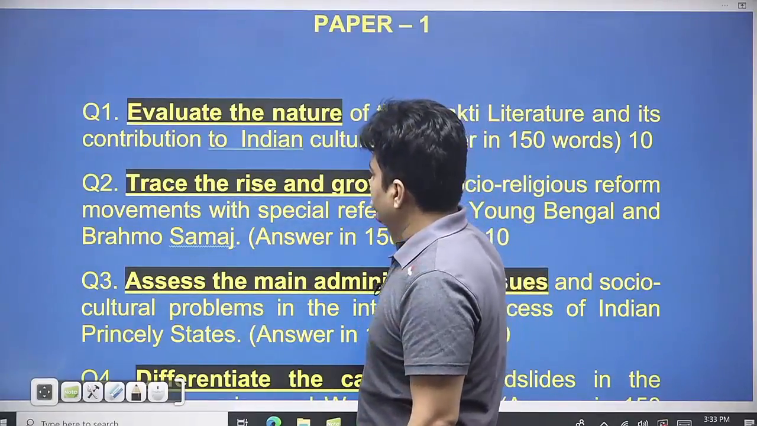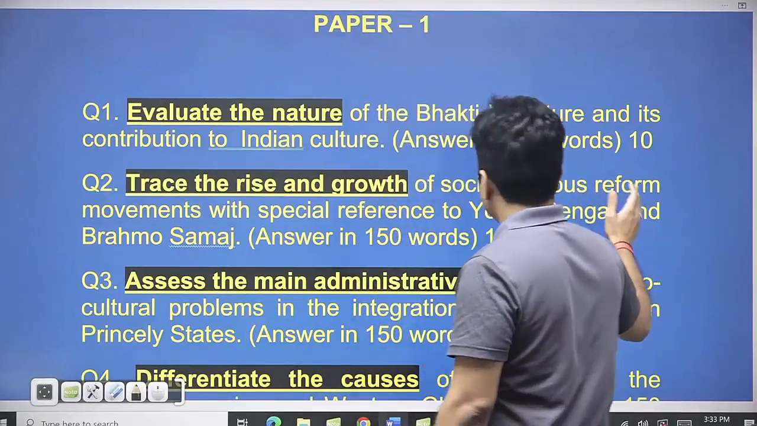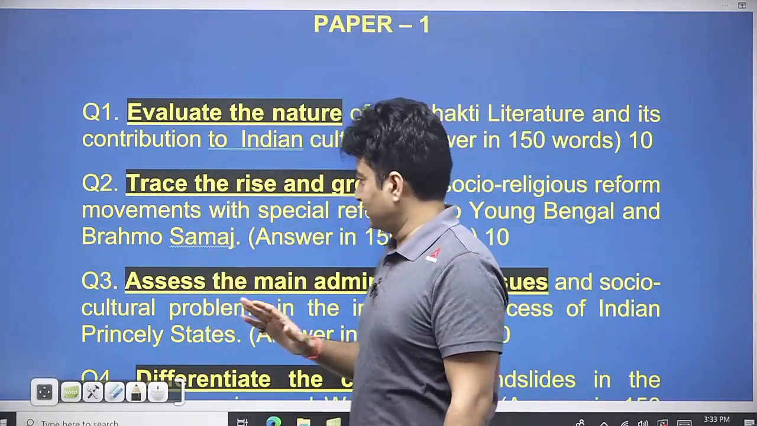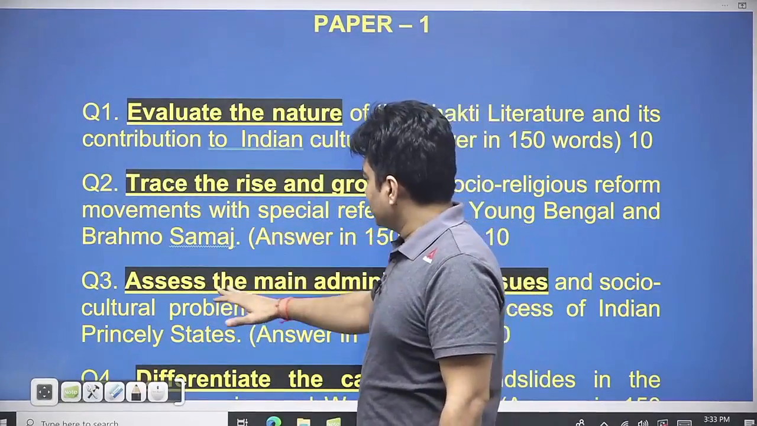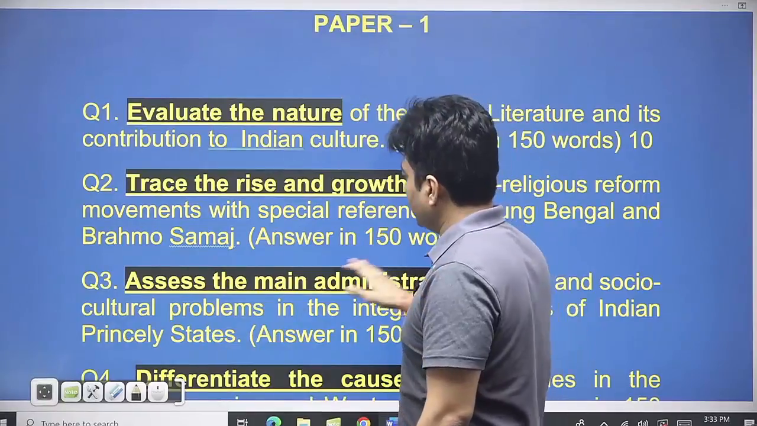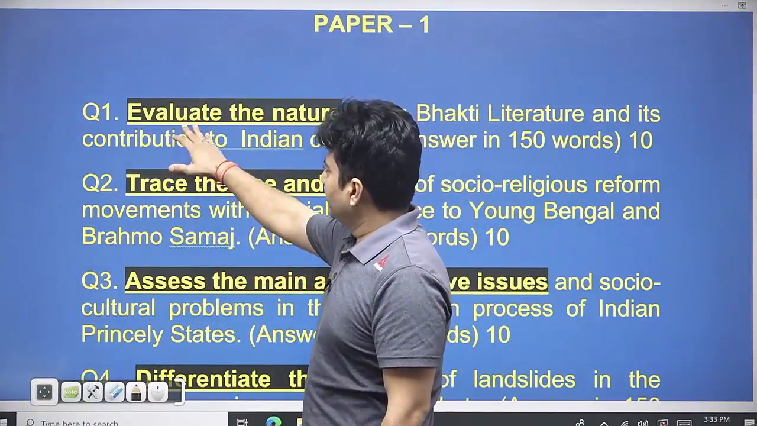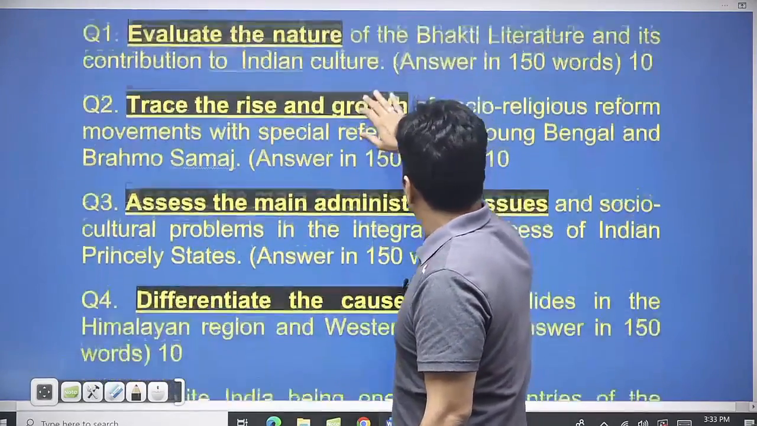This is paper 1. Trace the rise and growth of socio-religious reform. There is a sentence, we are not going into the meaning of the sentence. The third word is assess the main administrative issue. Here assess is the tailender, here trace is the tailender, here evaluate is the tailender. Then